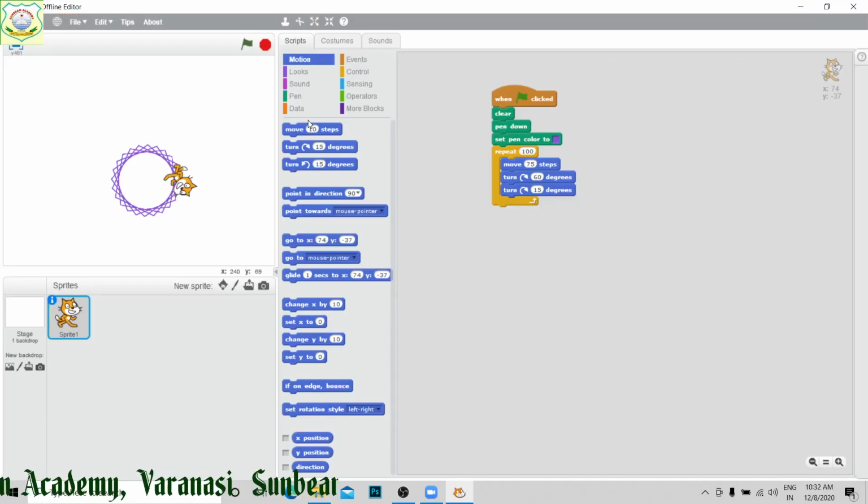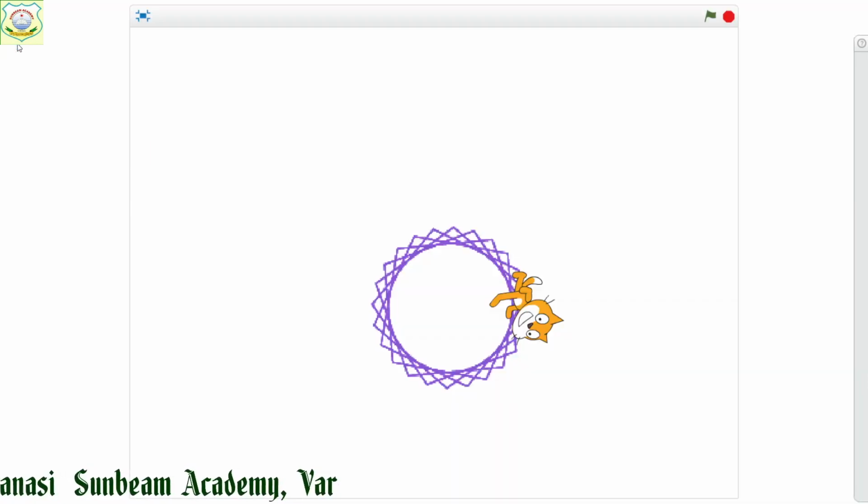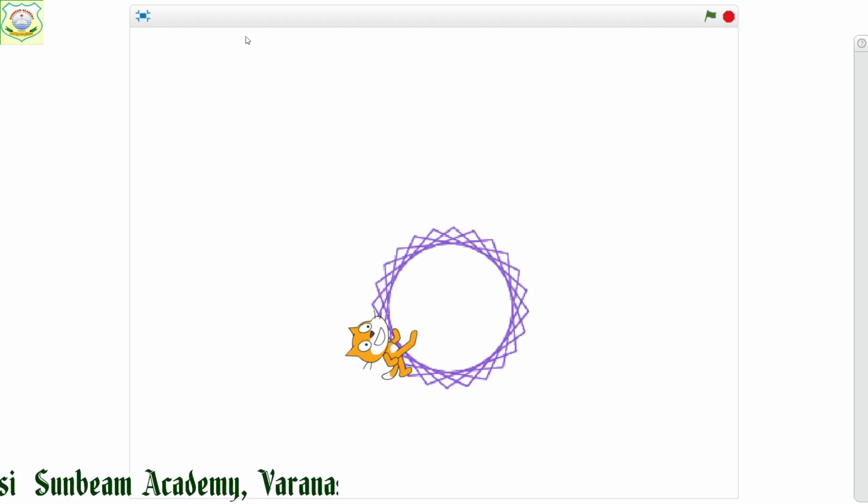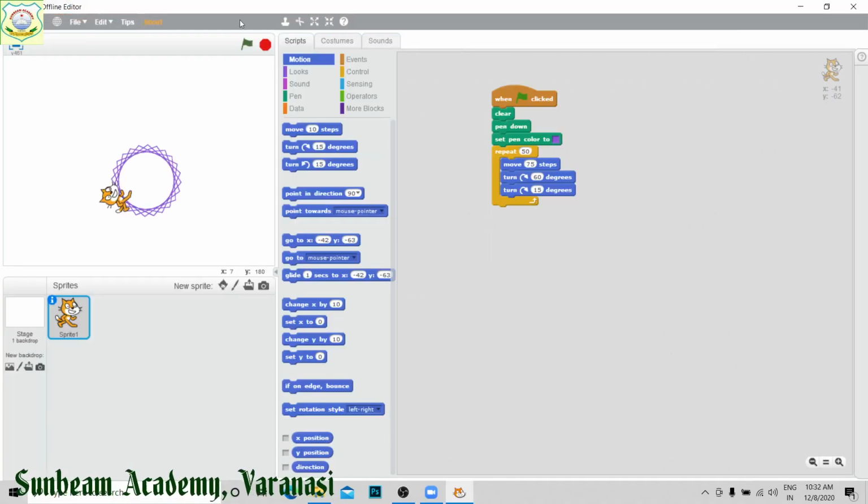now suppose while you are generating it, you want to change its location also. Then what to do? To change its location, I am going to change the location.